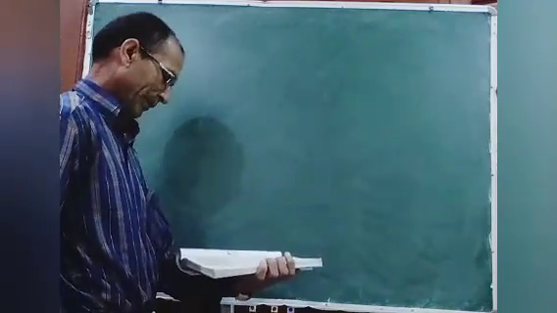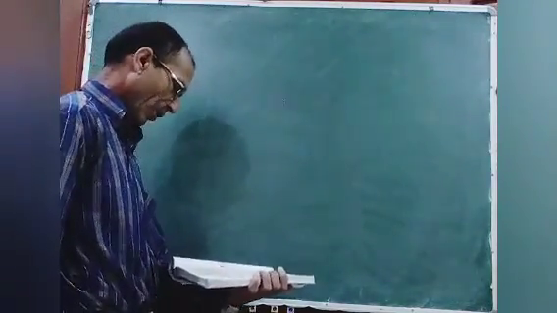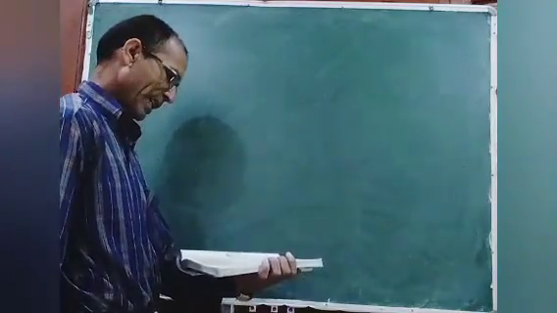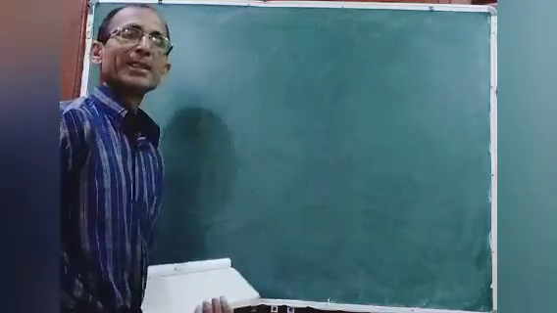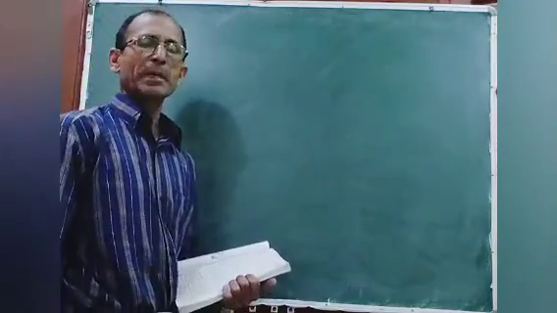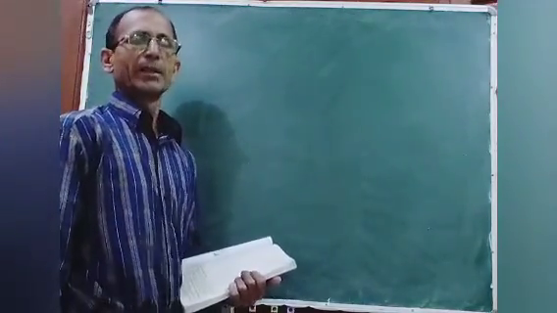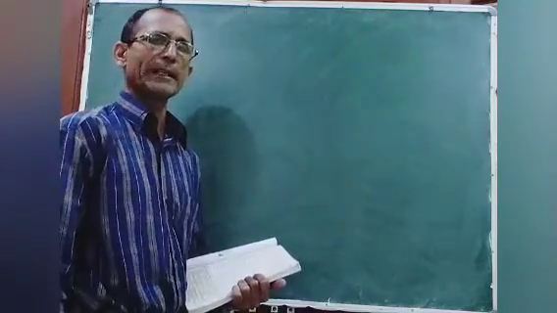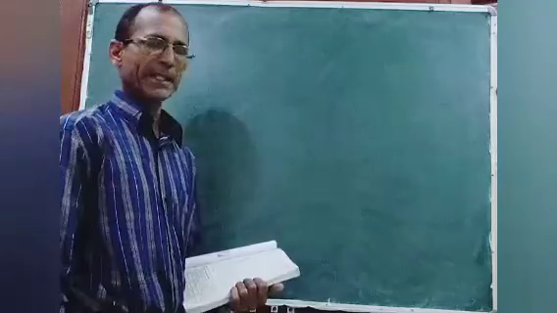Third part, think of a number. Think of a number, add 5, then multiply by 6. The answer is 180. What is the number? So, this chapter is not so much difficult. If you try it, you will be able to solve it because all the questions are logical. So, you have to do practice.